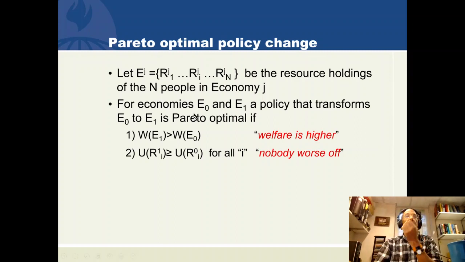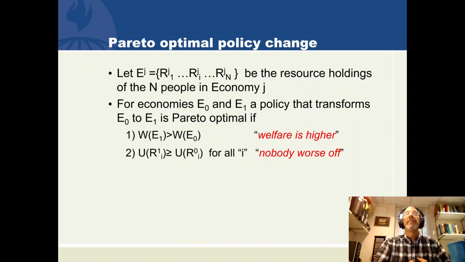So now, for simplicity, we've written down 2 lists. We've numbered the first one 0, and the second one 1, and we have economy E0 and E1, and we want to ask the question, do we have a policy that we can call Pareto Optimal, a policy that basically moves stuff around? If you do this policy, the resource holdings in the economy are going to change. Person number 1 will have a different set of holdings. Person number 2 will have a different set of holdings. We've got a policy that accomplishes this transfer of stuff.